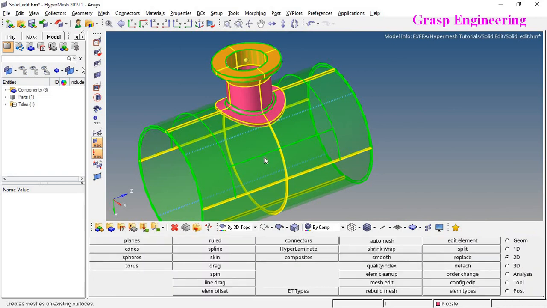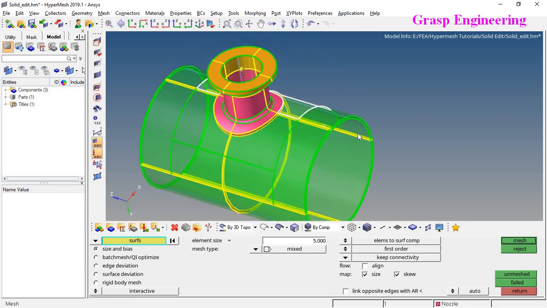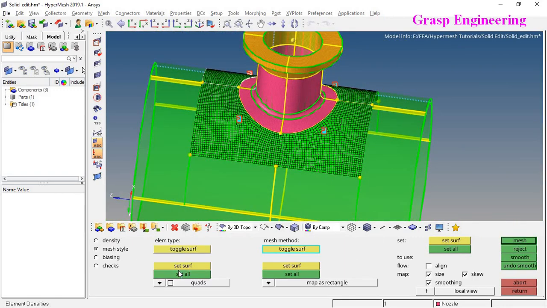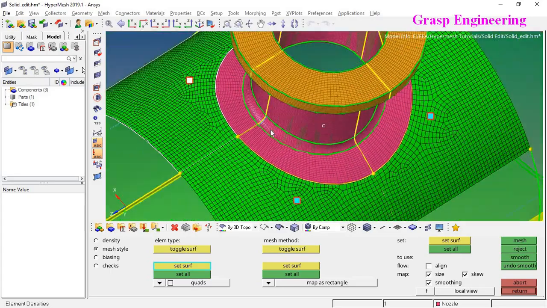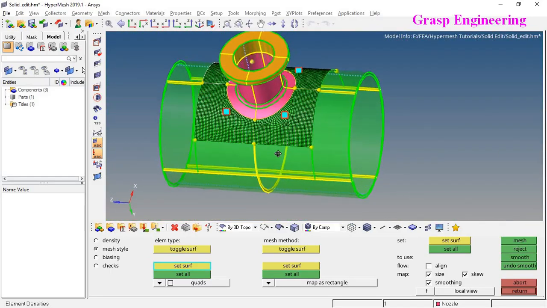So if you see here, 2D: first face, second face, third face, another fourth face. Now we can see we created a mesh. I will make it chord mesh, and you can see that we have created a chord mesh on this respective face.